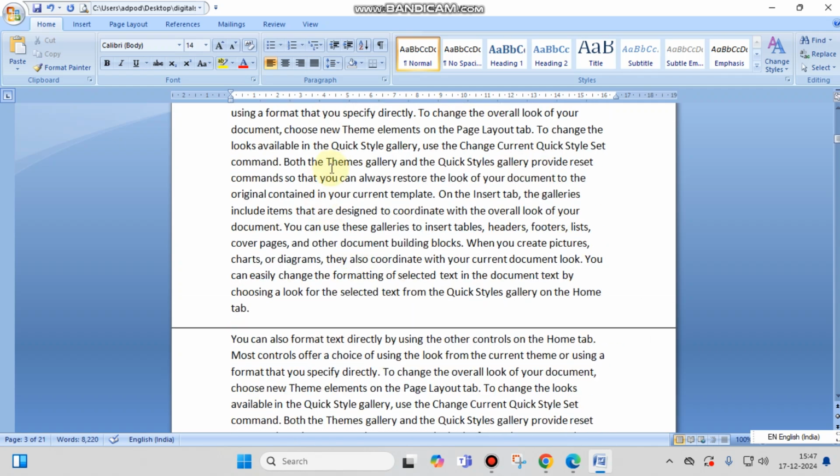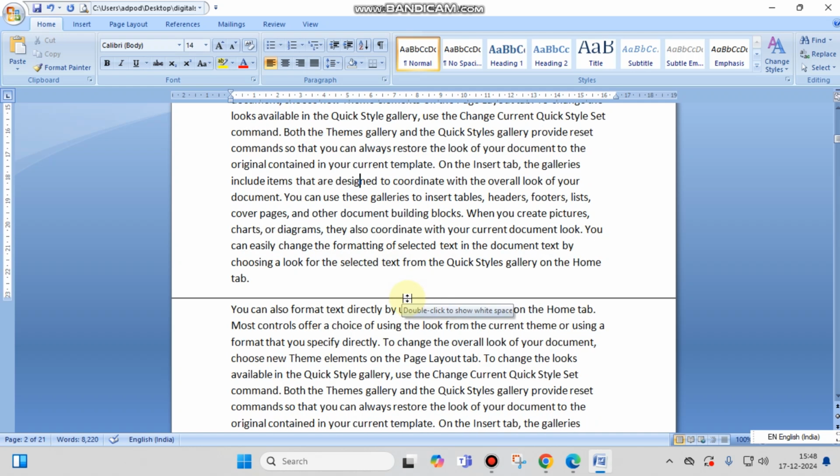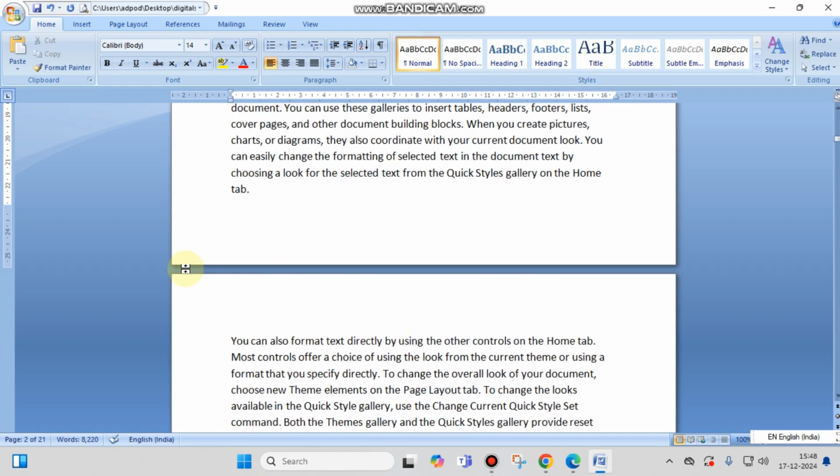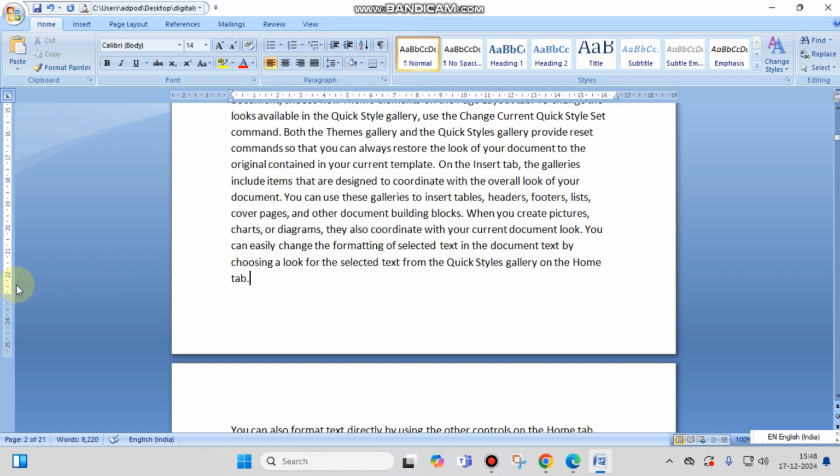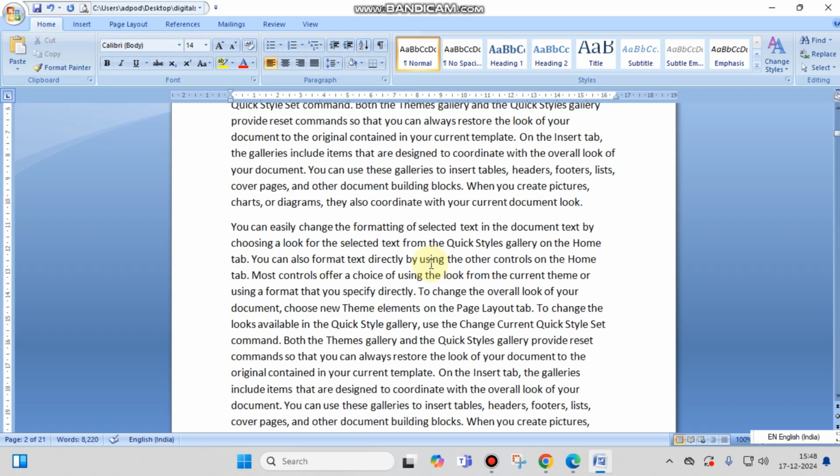Without fixing it, you can't make changes, or you can't do any kind of page drafting or make proper vertical alignments. So friends, to solve it, you just have to double click. Bring your mouse cursor just above the line, and then double left click, and after that you will see that the line has been removed, and here you can see a white page gap space. So this is the method that you can use to get rid of this problem.